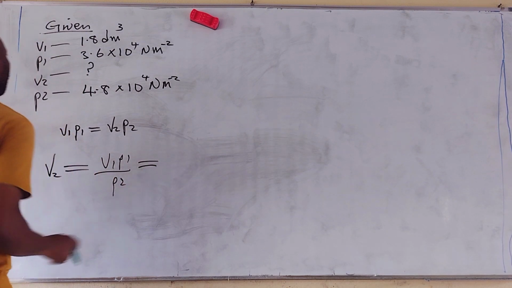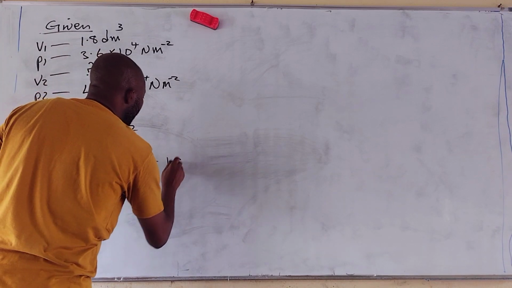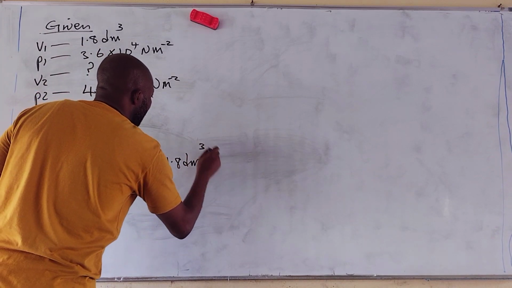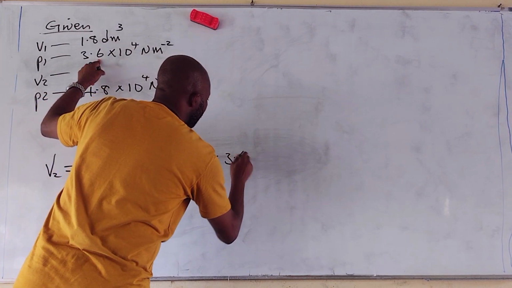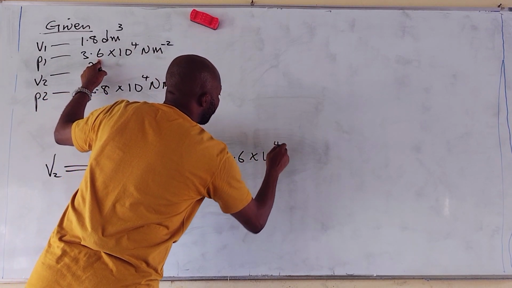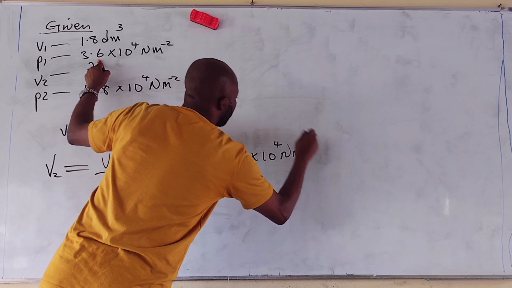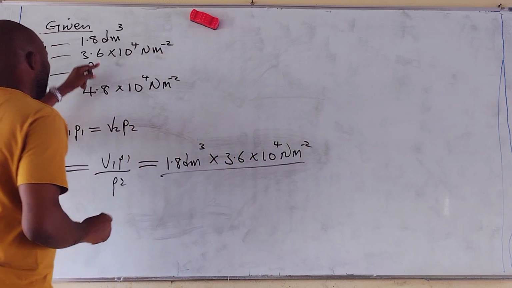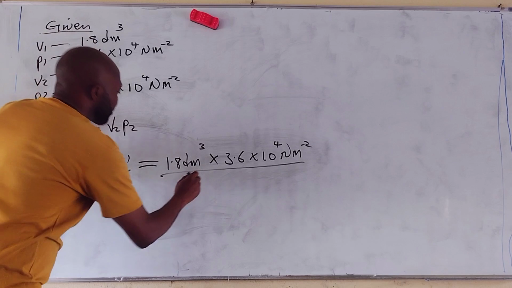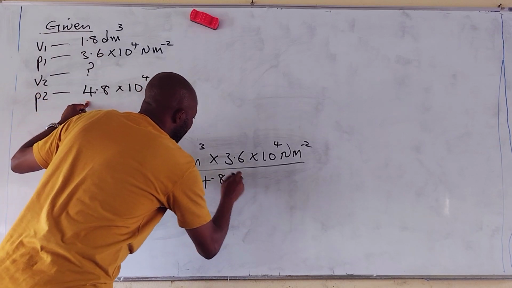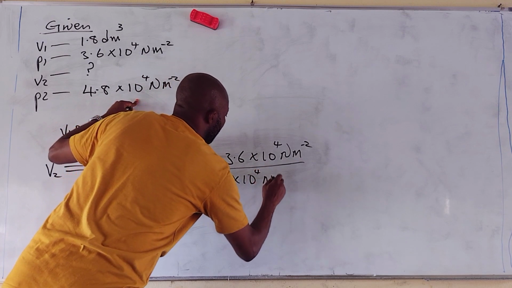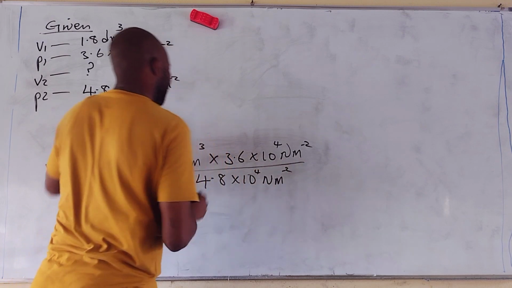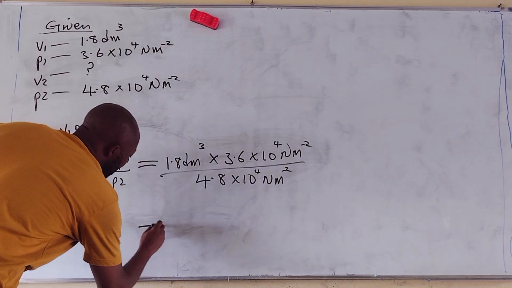And this is equal to our V1 here, 1.8 dm cube, times P1, 3.6 times 10 raised to the power 4 Newton per meter square, over P2, which is 4.8 times 10 raised to the power of 4 Newton per meter squared. So this is equal to,